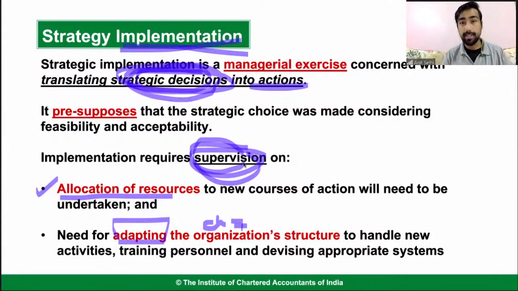If a question comes, let's say I am supervising the allocation of resources, what should I do? Like, what is the particular stage in strategy I'm doing? You will think, okay, allocation of resources, this must be formulation, business level, or actually corporate level does allocation of resources, so this is corporate level strategy. No, you're supervising. The word supervising has come, that means the answer should directly be strategy implementation, right? Supervision happens in strategy implementation, decision making happens at corporate level, right? That is how you have to study and understand the question, the keywords.